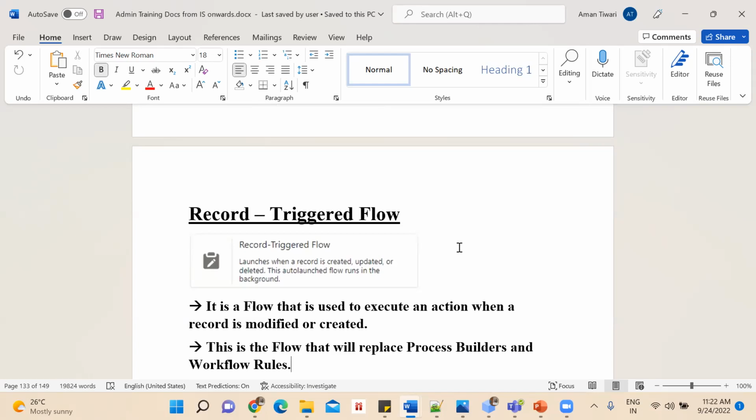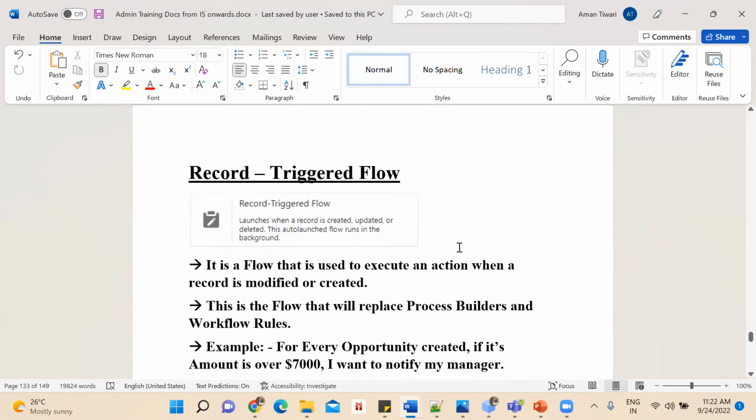With that said, let's have an example to understand. Say there is a requirement that if my opportunity amount is more than 7,000, then send an email, or send a notification to my manager. That can be achieved through record trigger flow.